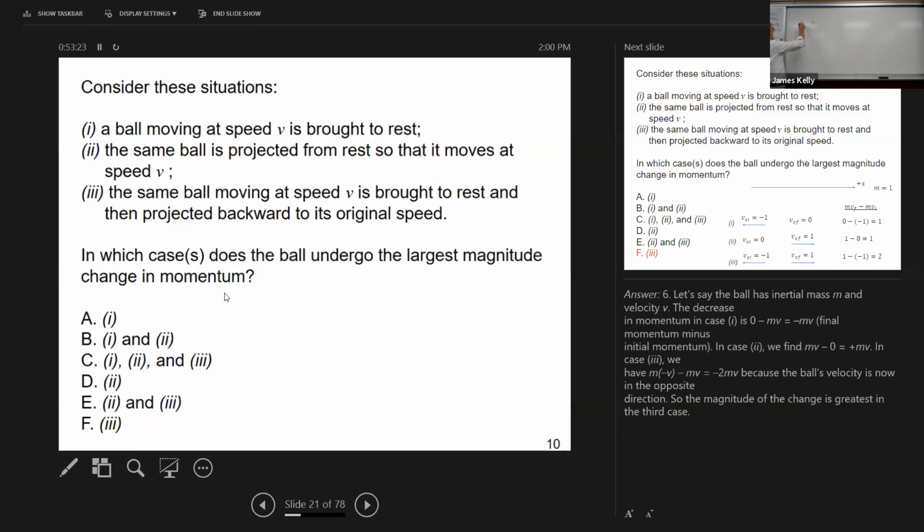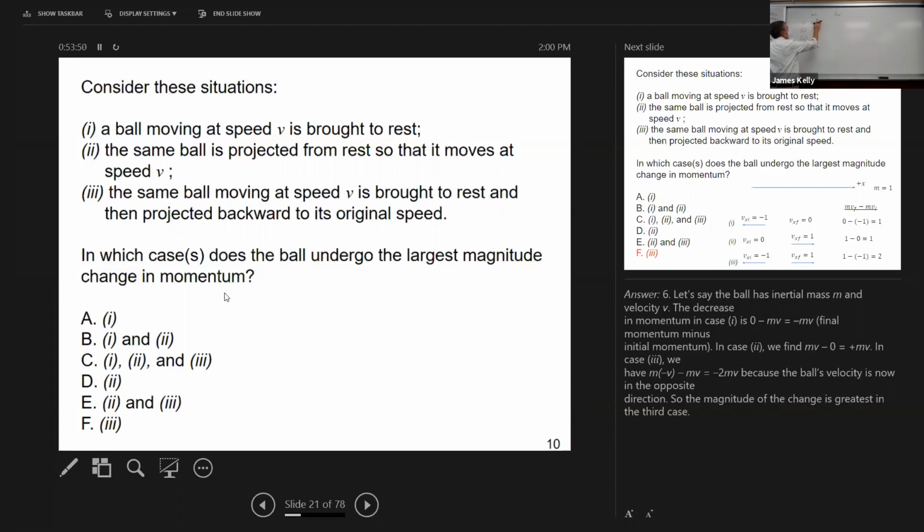And let's draw a little cartoon for situation 1, situation 2, and situation 3. Situation 1, the ball is moving at speed v, so here's my initial state, and here's my final state. I'm going to write over here. My initial state, it's moving at